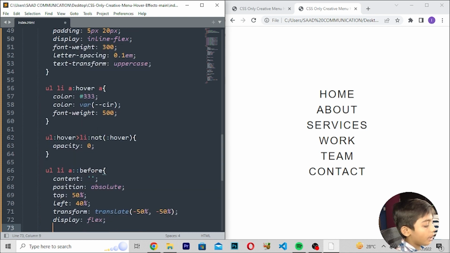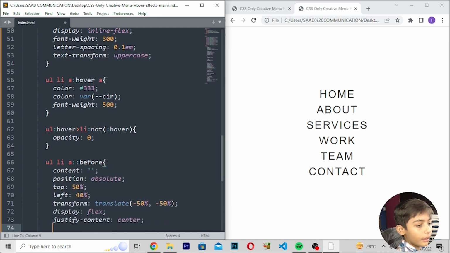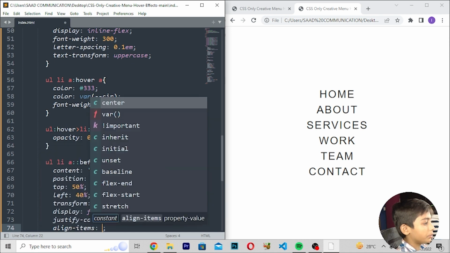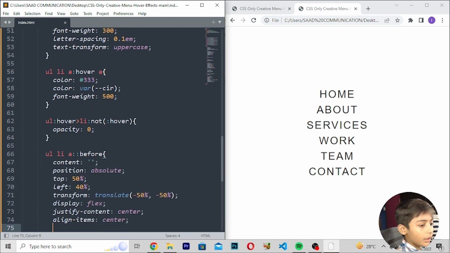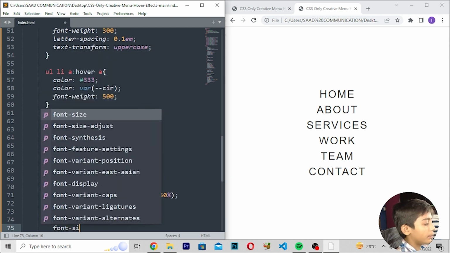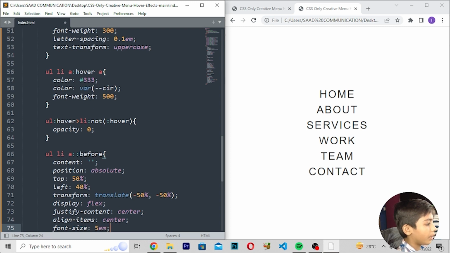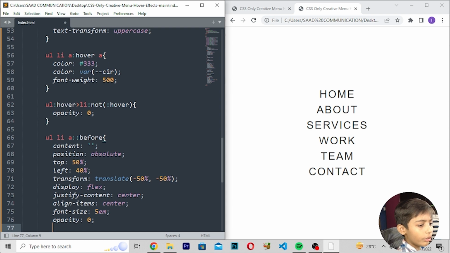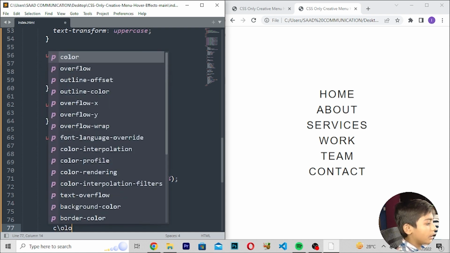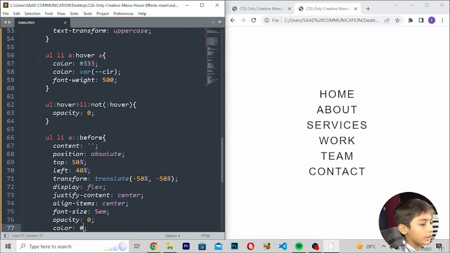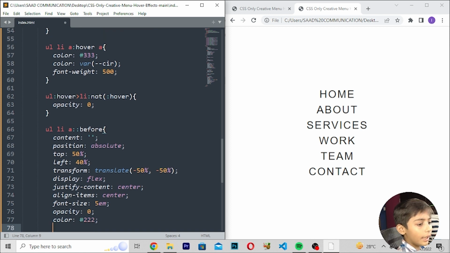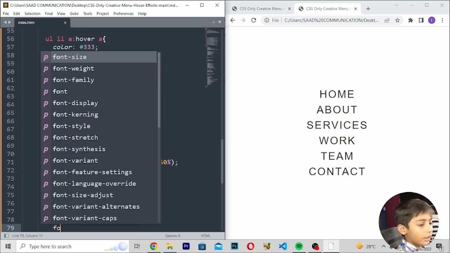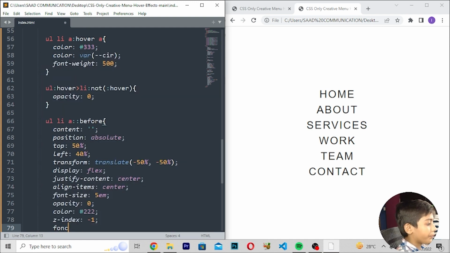Display should be flex, justify-content should be center, enter, and here you can write align-items should be center, font-size should be 5em, enter, and here you can write opacity should be 0, enter, color should be #222, enter, z-index should be -1, enter, font-weight